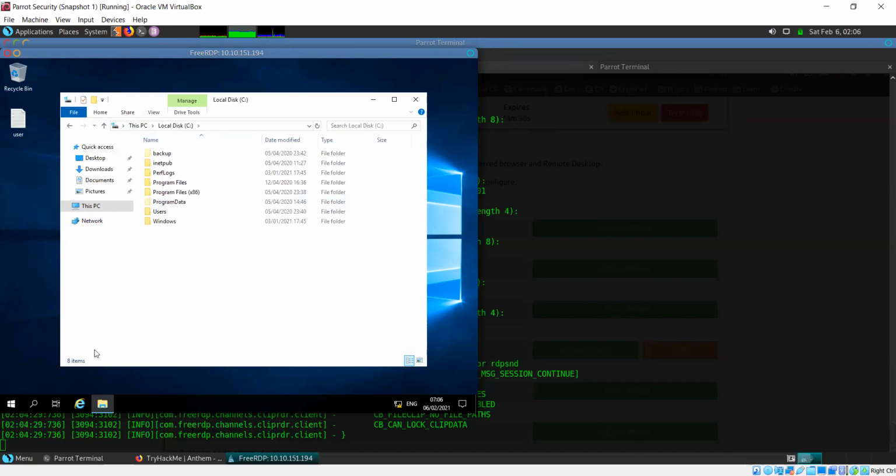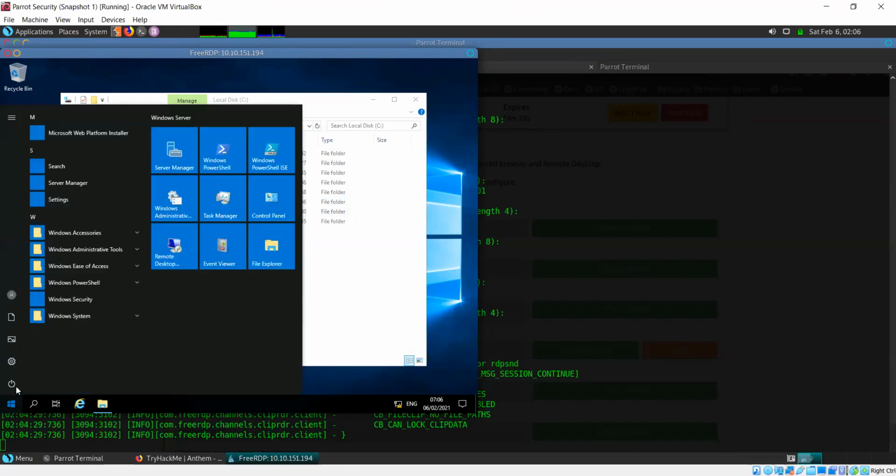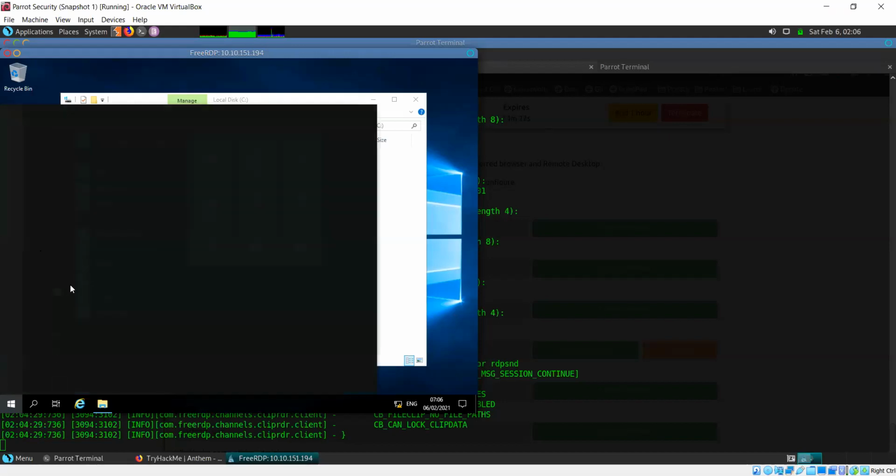Another option is you can go to the control panel and change the setting there. Just go to the search. It's a little bit slow.